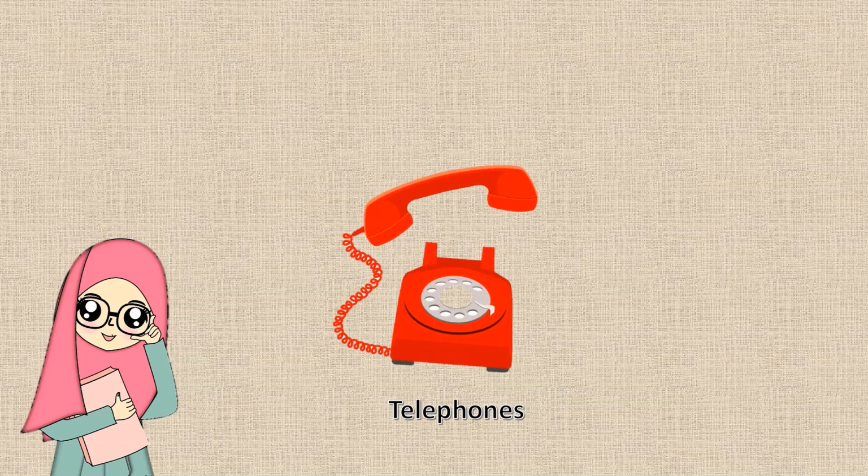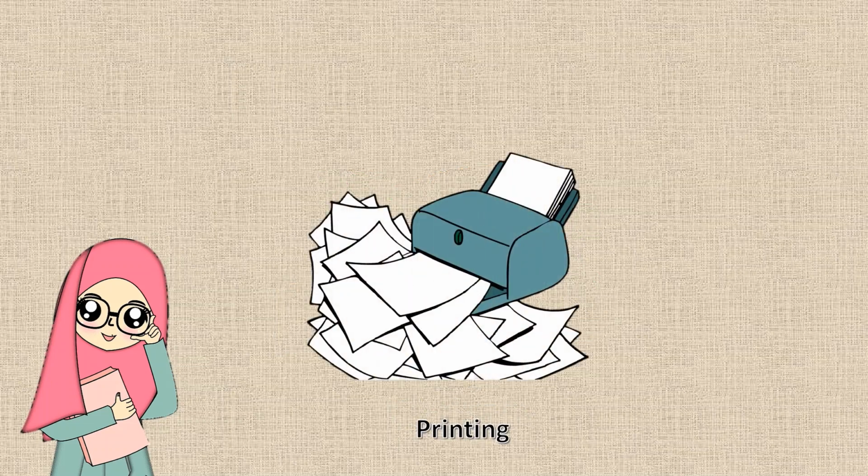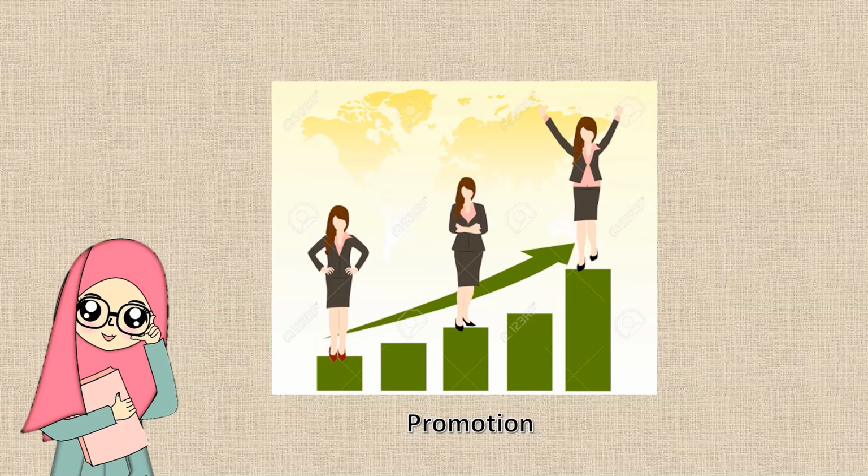Next is salaries. Salaries are the cost of salaries directly attributable to the event, such as the event manager and event staff. Next, the cost of telephones can only be directly attributed to the event if the phone is dedicated to a person who works on the event full time. Next is printing. Event programs like posters, flyers, and other promotional documents may need to be printed. And next, promotion: expenditure on promotion may be considerable, where a significant proportion of the event revenue is likely to be earned through spectators.